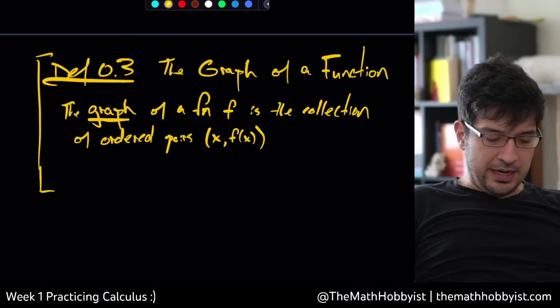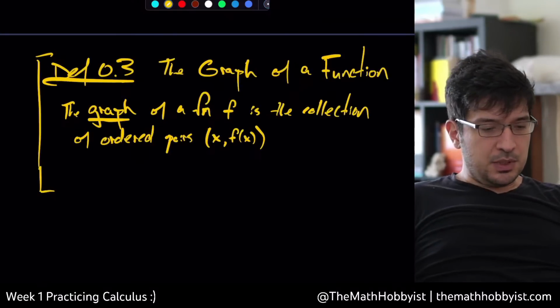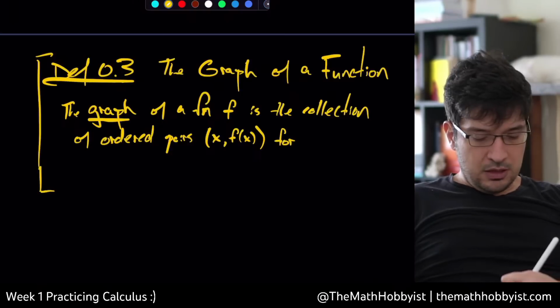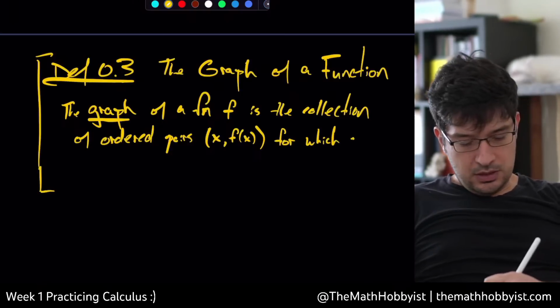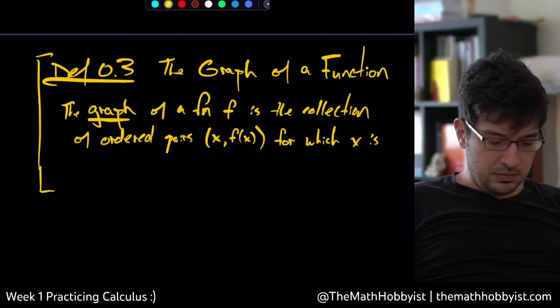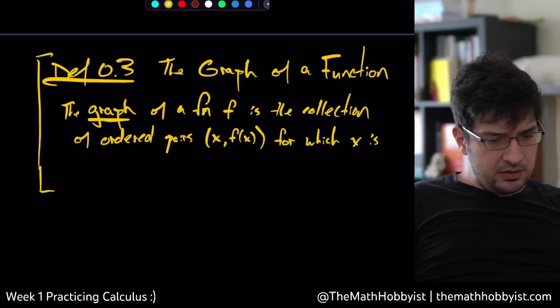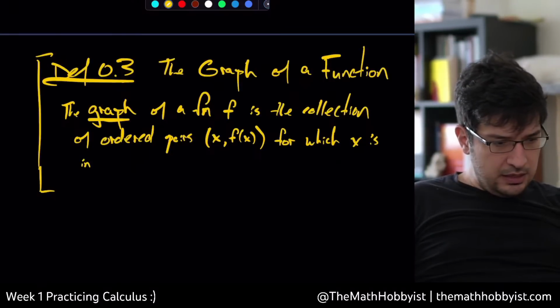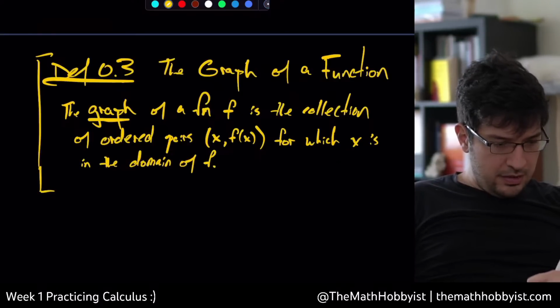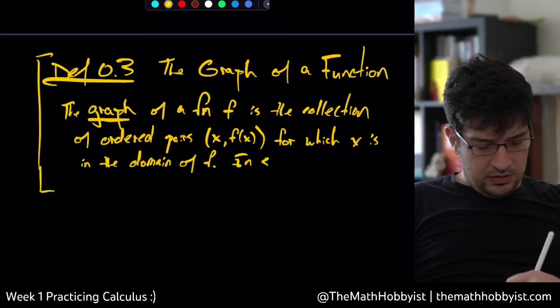I started writing it earlier, but I didn't put it so cleanly. This is a nice definition of functions on an arbitrary set, for which x is in the domain of f. In set notation,